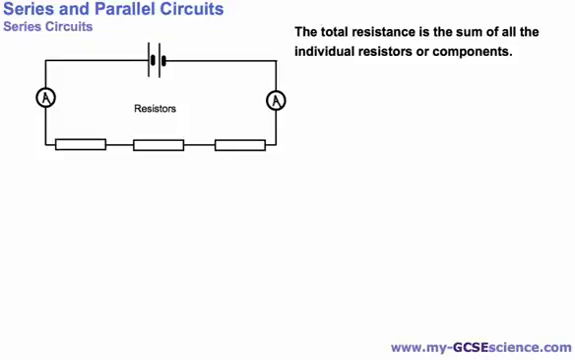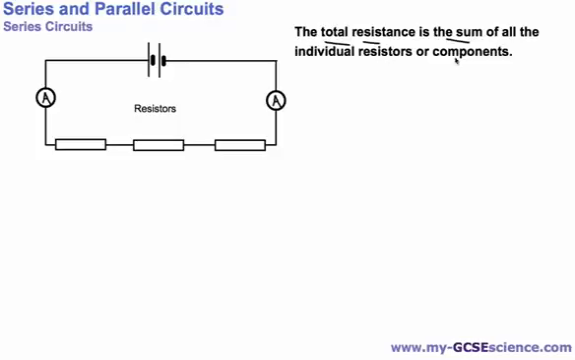Now, a series circuit is a circuit set up so that the current will flow through a single pathway. There's only one pathway that the current can follow, and therefore we call it a series circuit. In my series circuit here, I've got three resistors, resistor 1, 2 and 3, and the first rule to remember about a series circuit is that the total resistance is the sum of all the individual resistors or